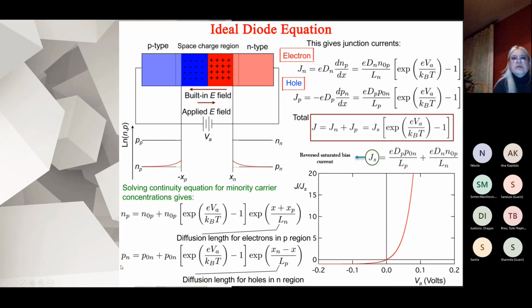Okay. And now the next slide, with which we finish this story from the first part of this talk, will be the ideal diode equation. And here we have applied electric field. So the story will be where the current is going from the P type to the N type. So we observe the forward bias current when we increase the current. And here we said when we have the forward bias current, then